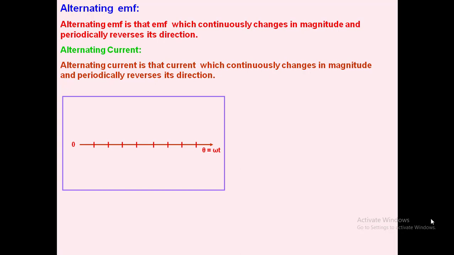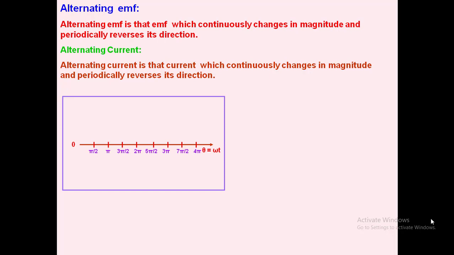Now here I am taking the x-axis. Along the x-axis I have taken angular displacement, that is theta, which is equal to omega t. We know that angular velocity omega is equal to angular displacement by time. So angular displacement theta equals omega into t. Now for one complete cycle, the total angular displacement made by the particle is 2 pi. If you divide that into 4 parts, you have the angular displacement as pi by 2, pi, 3 pi by 2, 2 pi. So from 0 to 2 pi, it is one complete cycle.